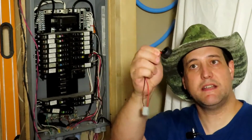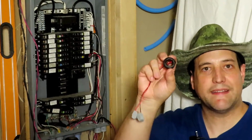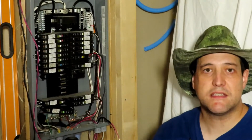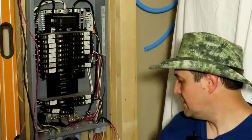And here's the little sensor reader. What it is, it's a little tiny transformer, and it picks up on the electromagnetic field generated by current flowing through a wire, measures it, that gives it an estimate of how many amps there are, and from there it can calculate how much energy the device is using. All right,